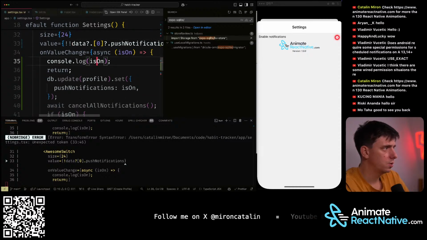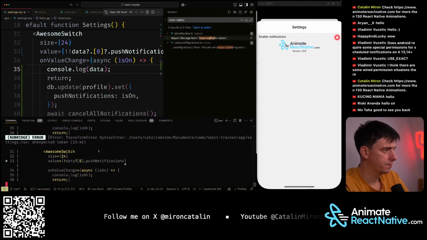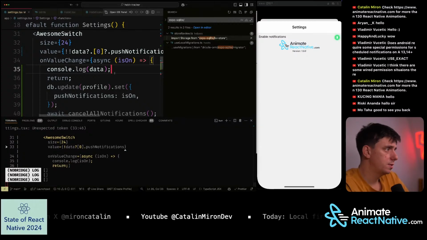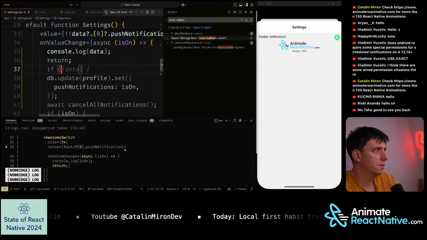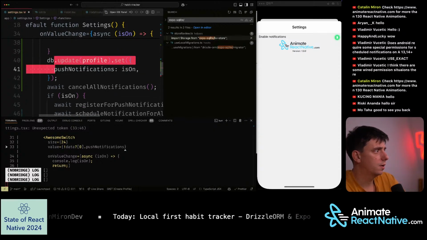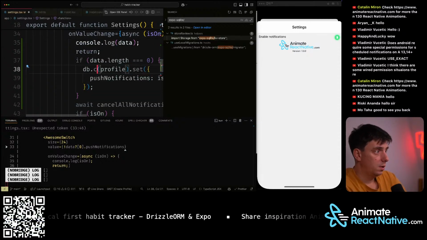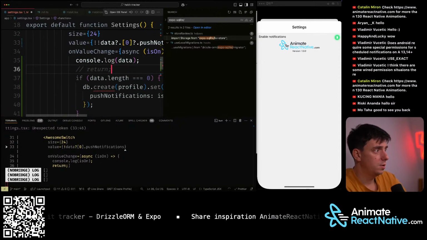That will console log data. No. So data it's empty if data length equal to 0. I'm gonna db create, db